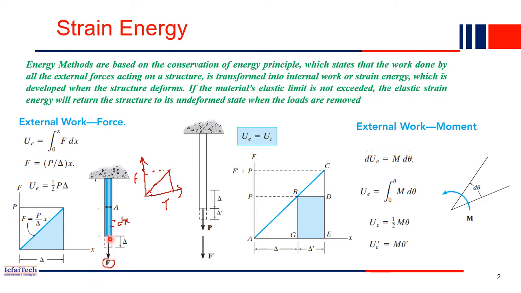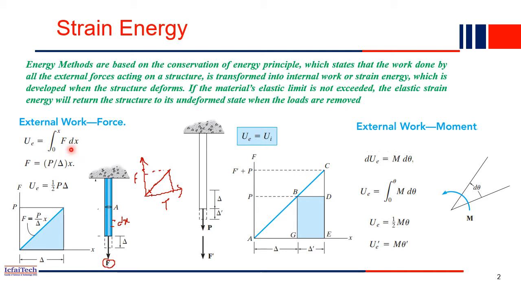Because the force is applied gradually, initially at some portion, the deflection was delta x. So how much work done? Force into deflection, force into displaced deformation, is nothing but the work done. So force is F into deformation, if you consider it as a small scale, dx, and the total external work will be integration 0 to x for the entire length. That is the equation, right? Integration of F into dx is a small work done, force into distance, and this is the entire work done. Now what is F?